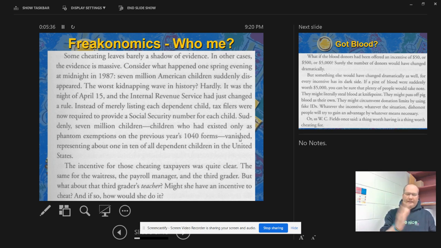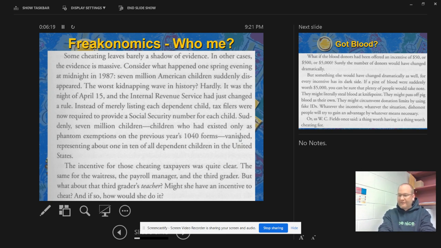Okay, so 1987, we'll go back to that. The IRS said for each dependent you put on your 1040 form, that's what it says on here, that's just the title of the form that taxpayers need to fill out, it's called a 1040, you had to put their social security number on there. People couldn't fake those, and so all the people that were cheating couldn't do that anymore. They couldn't put on there just made up names, because you can't just make up a social security number, because when the government would check that, they would realize the social security number wouldn't match up with that person's name. So all of a sudden it stopped people from filling out up to 7 million fake names.